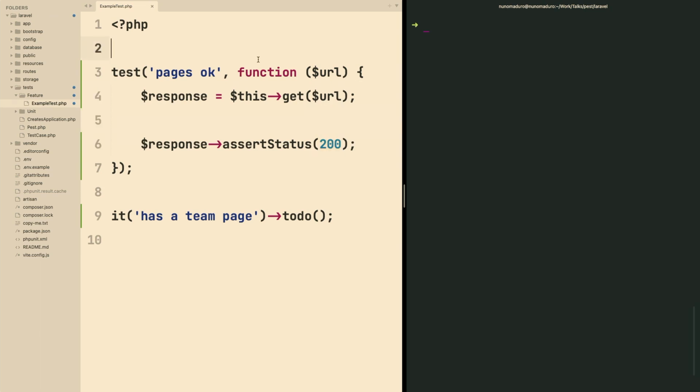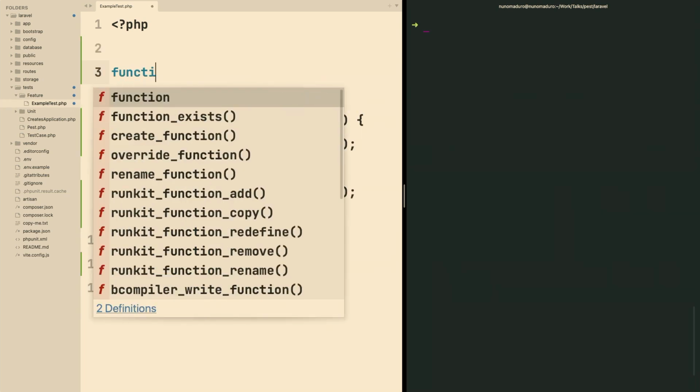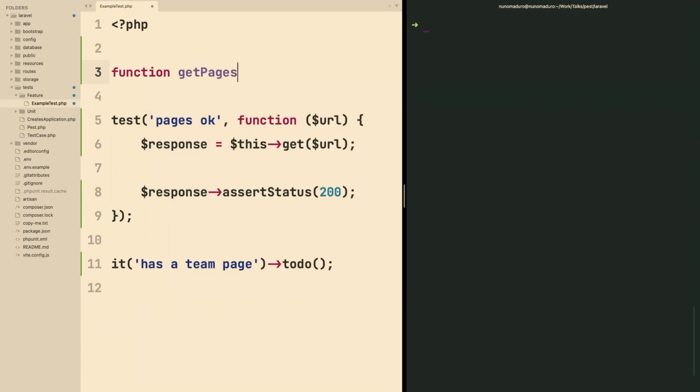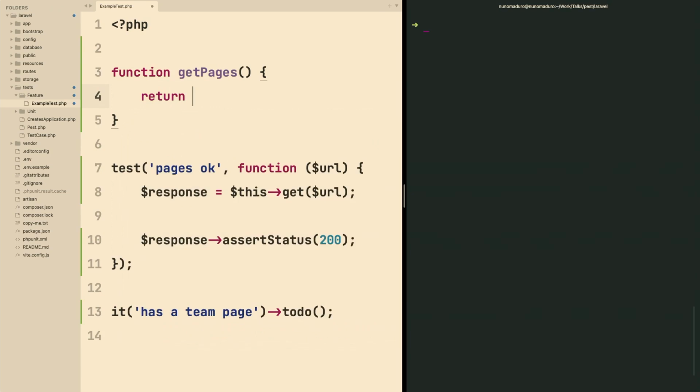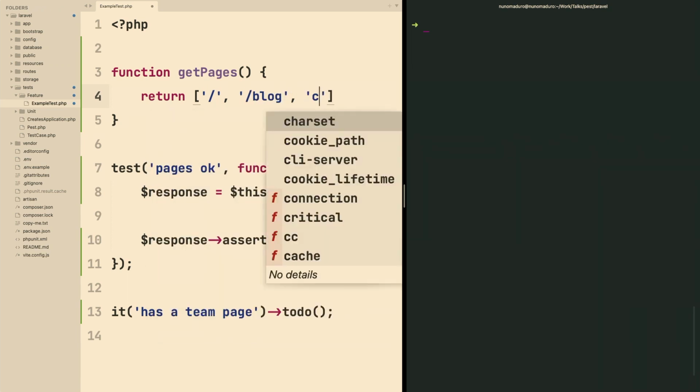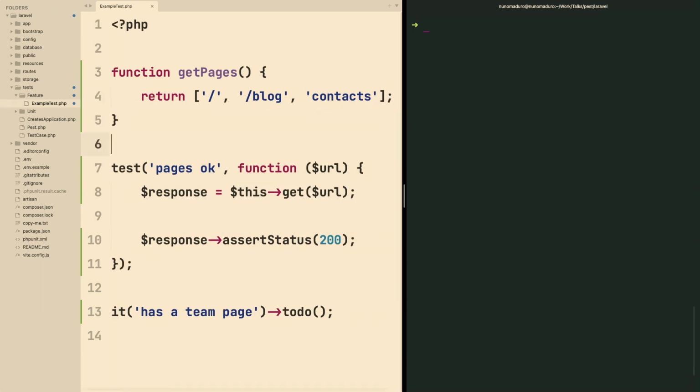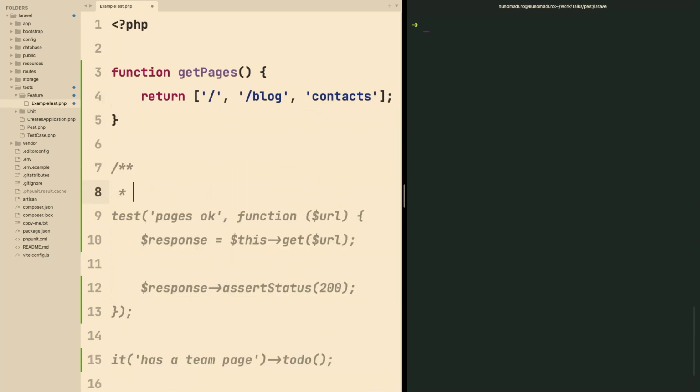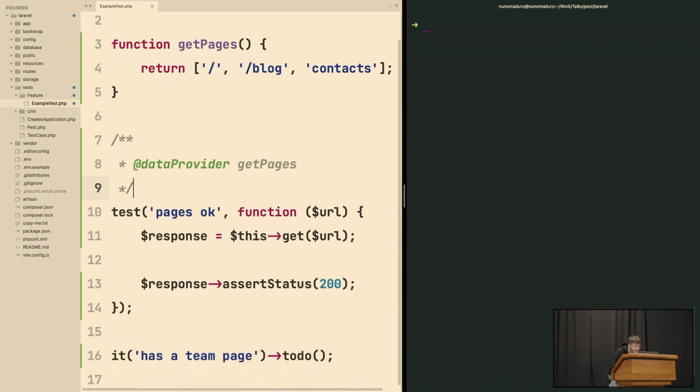Now, if I were to do the PHPUnit approach, the way this would work would be something like this. I would have probably a function with the name getPages, like this one. Then I would return some of the pages I want to execute this test against. So probably the landing page, also the blog, and also the contacts page. And then I would have an annotation with the name data provider. Again, I'm showing you just the PHPUnit approach. I think now they have attributes, by the way, but just in case, it would be something like this. And this test would be executed 3 times, each time with the landing page, then with the blog, and finally